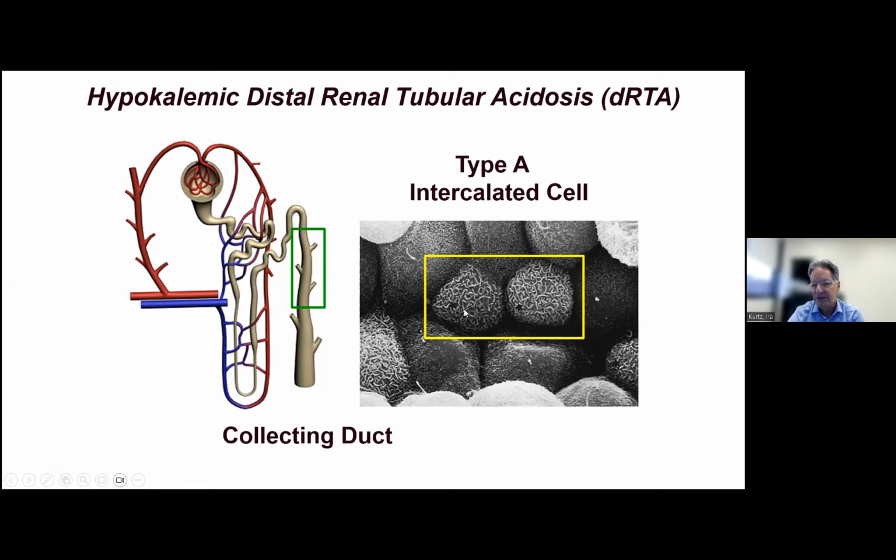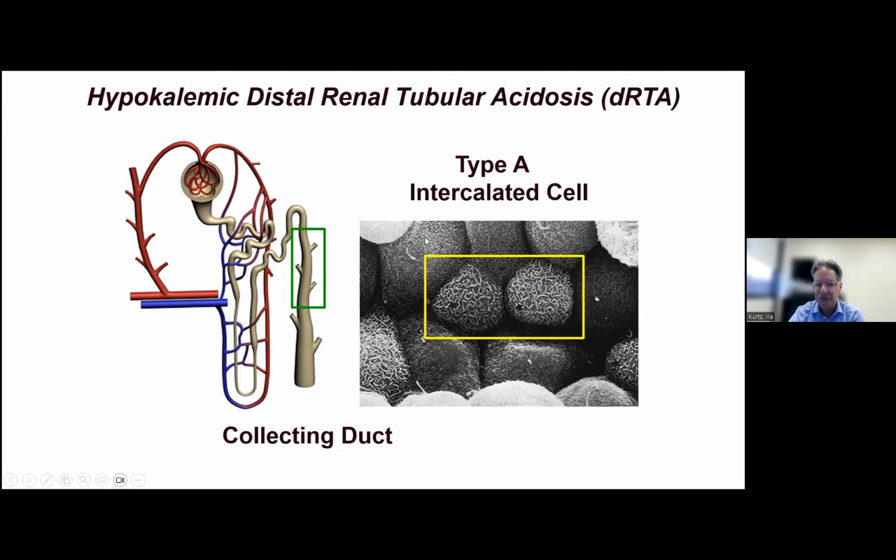These worm-like projections, as I will talk about in a minute, have a ton of proton pumps on them. And you can immediately distinguish these cells from the principal cells here. These principal cells are more polygonal, not circular. And this white thing here is actually a central cilium. And people have thought for a number of years, this is actually a flow transducer. It actually moves in different orientations as the urine flows along here, and that is transduced into changes in calcium inside the cell that alter the cell's transport